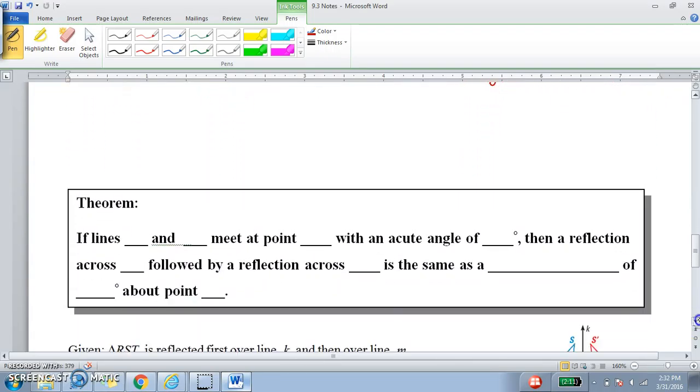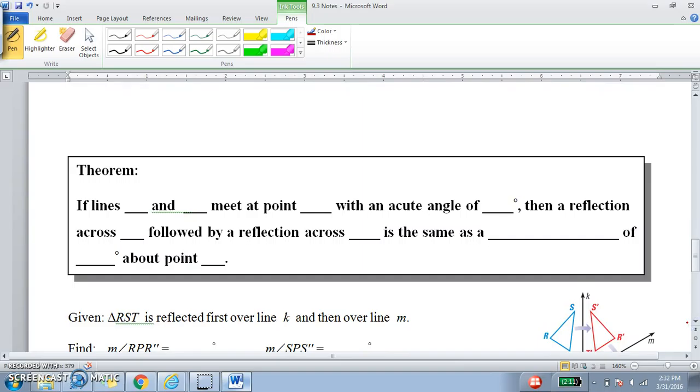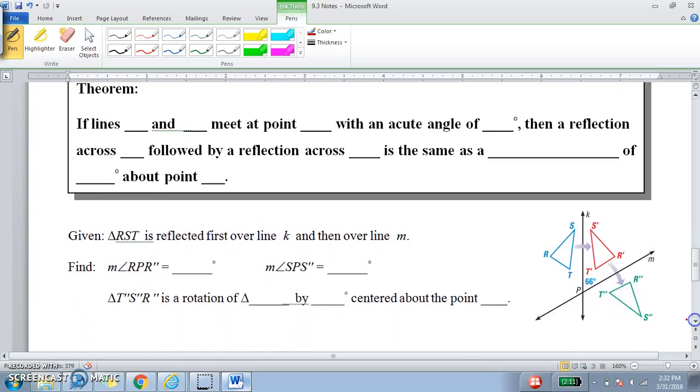And last thing, one last theorem. This one's a little bit complicated. It combines a rotation and a reflection. So it looks a little bit complicated at first, but it'll make more sense when we take a look at